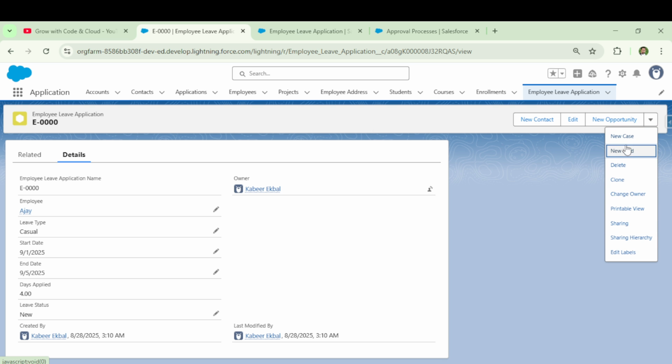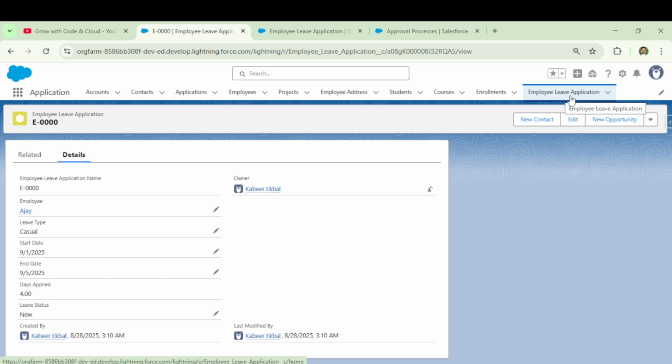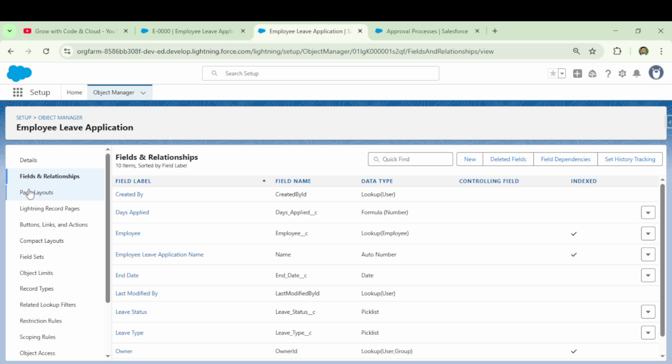Okay, if you want to remove one or two buttons, let's suppose the clone button, the print view, the sharing button, or the edit labels buttons, how will you be able to do it? So first, to check for submit for approval, we will have to check whether an approval process is created and active for this employee leave application object. We have created an approval process, but still we are not able to see the submit for approval button. Second, open the page layout and see whether that button is added on the page layout. So go to the object, page layout,